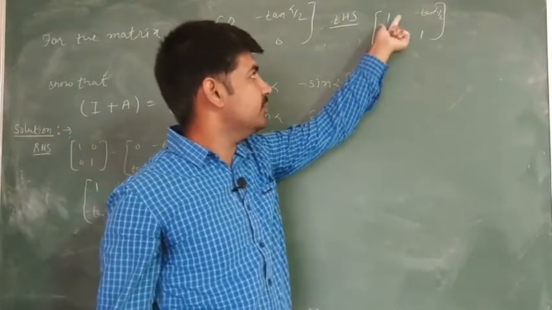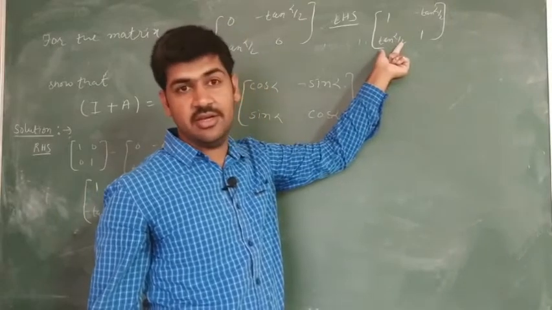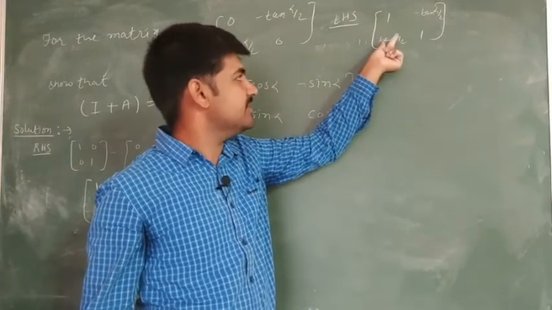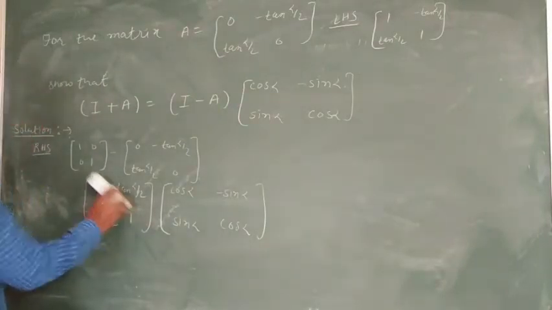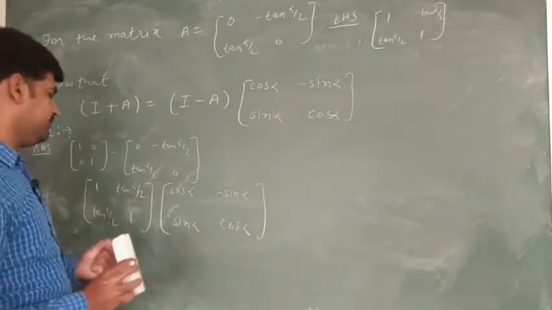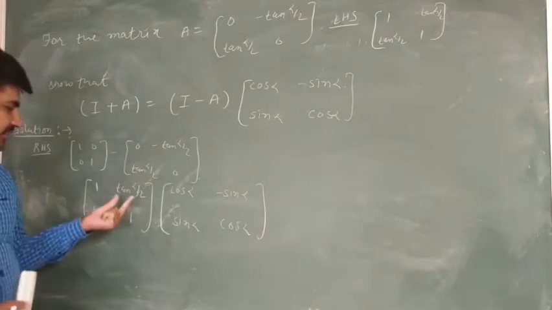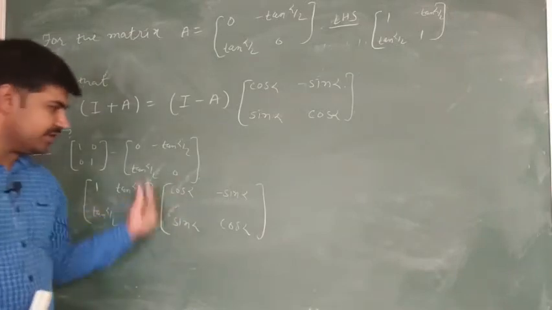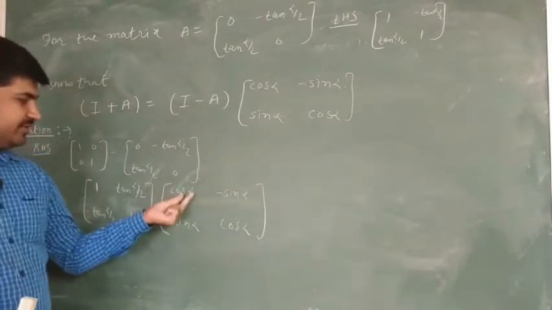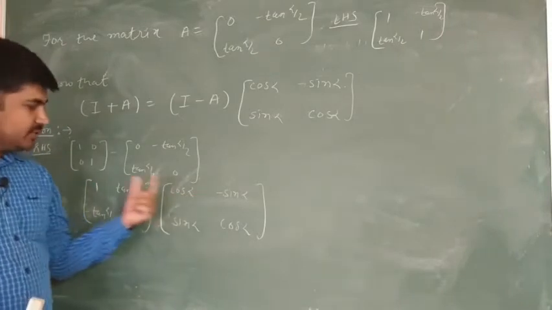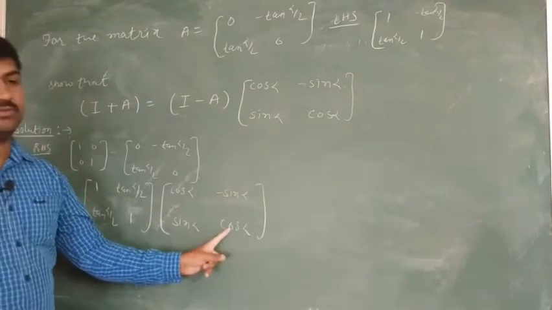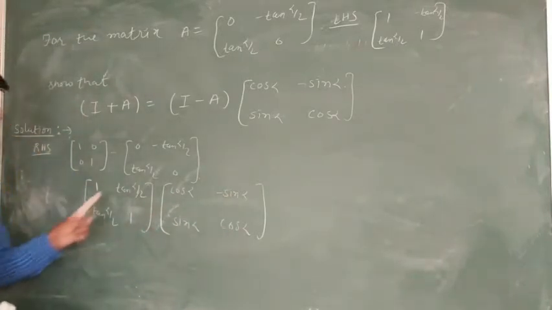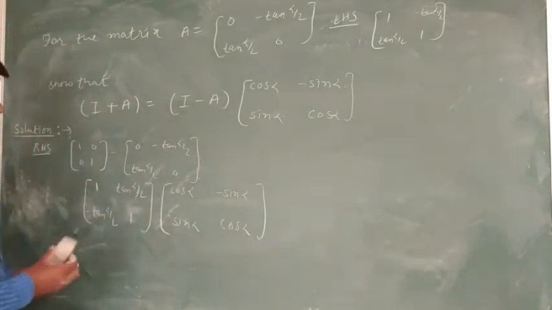The numerical terms and trigonometric terms, that is tan alpha upon 2. So here we have this particular matrix in terms of the trigonometric function tan alpha upon 2, but these are all in terms of sine and cos, and the angle is alpha. So we'll convert all these 4 elements of this particular matrix in terms of tan alpha by 2.